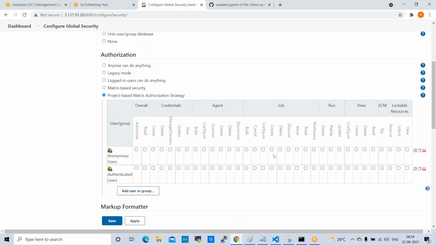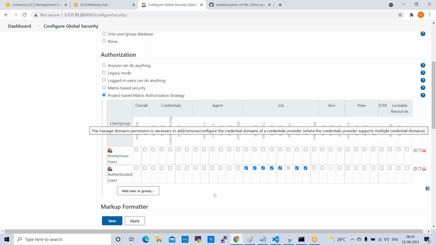We can add user, you can go to job, and job create option: create, configure, cancel, build, and delete. Whatever permissions you want to give, you can give. So both plugins are same. Either the first one or the second one, you can select and provide access to the users.